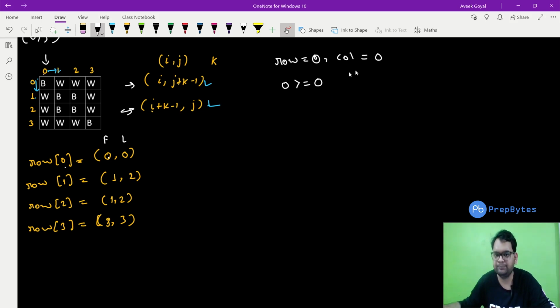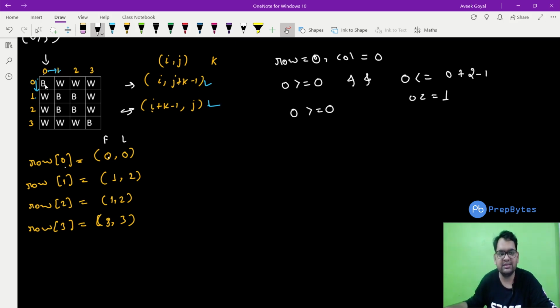So position 0 of the first black appearance is covered by my current column. Also we need to check whether the last position, that is 0, is also covered or not. The last position should be less than or equal to the column plus how much we are going to cover, 2 minus 1, that is k minus 1. This is j plus k minus 1, 0 plus 2 minus 1. So is 0 less than or equal to 1? Yes, it is. Is the first appearance greater than or equal to the column? Yes, it is. So all the black elements present in my first row are covered by the k matrix if we click on 0, 0. So yes, if I click on 0, 0, my first row will definitely become a white line.